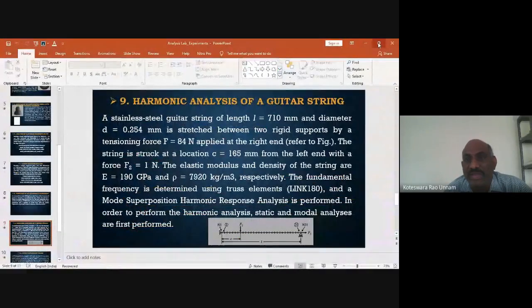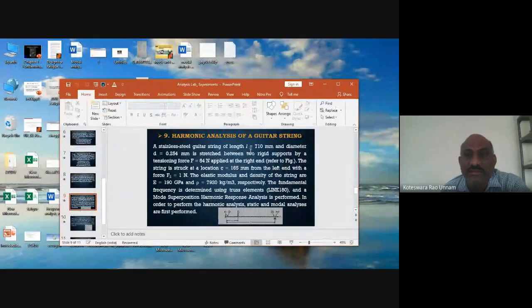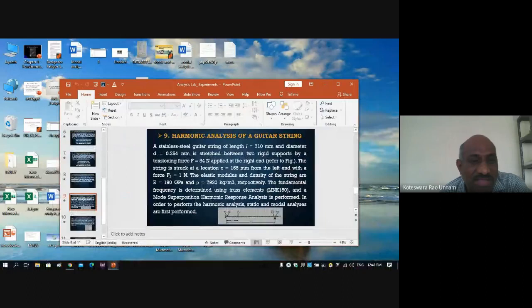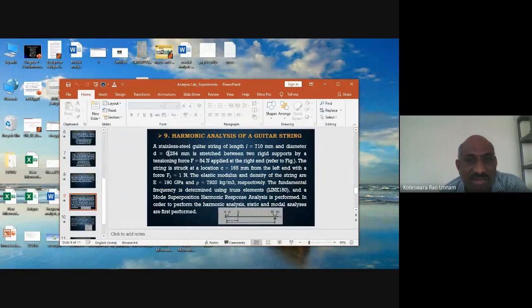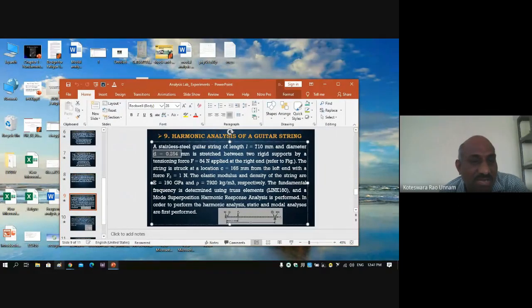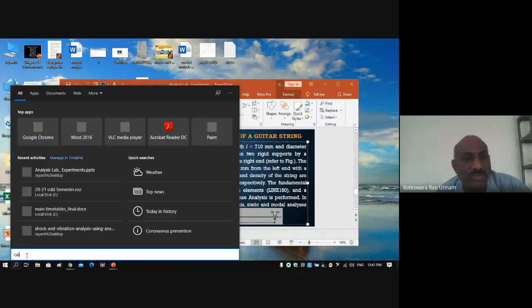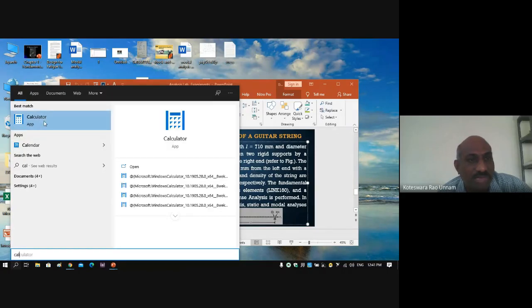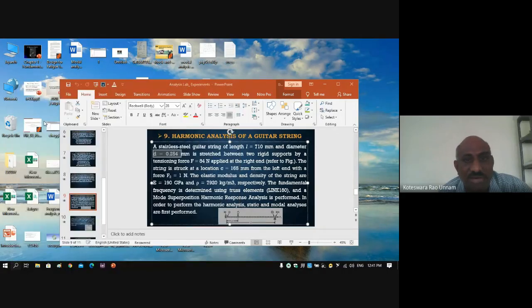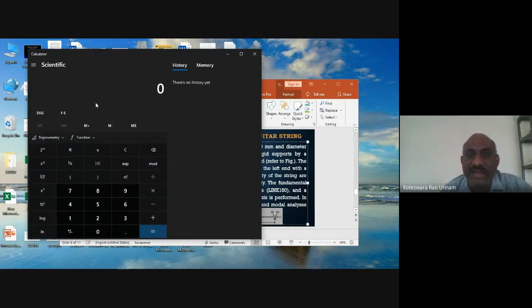For the time being, we require the dimensions. I require the area also, but here the diameter is given. The software will take only area, it won't take diameter, so I need to calculate the area.